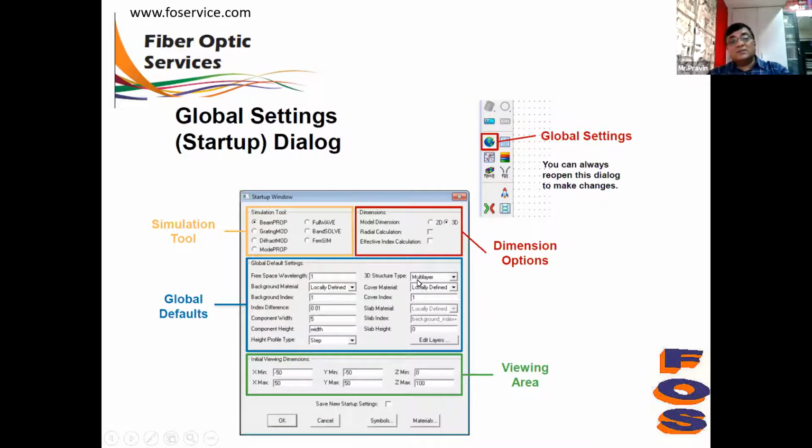In case of a 3D structure, you can choose what kind of 3D structure you want to use, and what the initial viewing is. This is what is called the global setting. But for each of the segments, you can define the properties separately also, which we'll see.